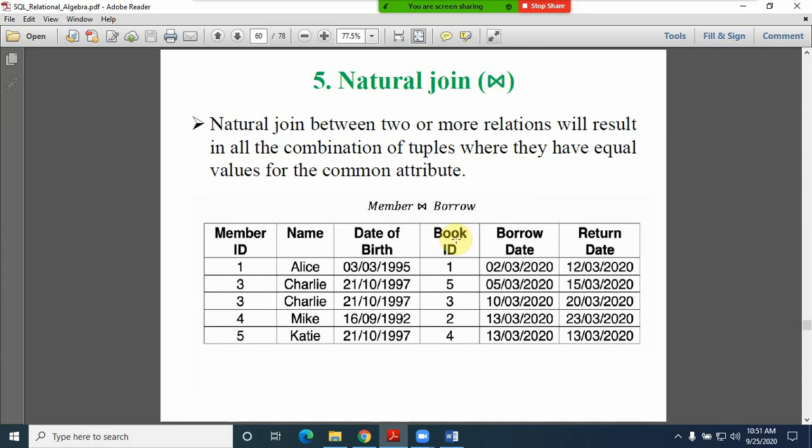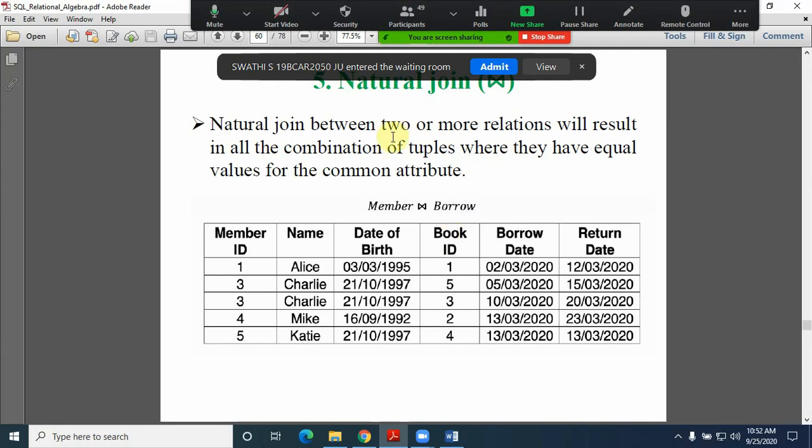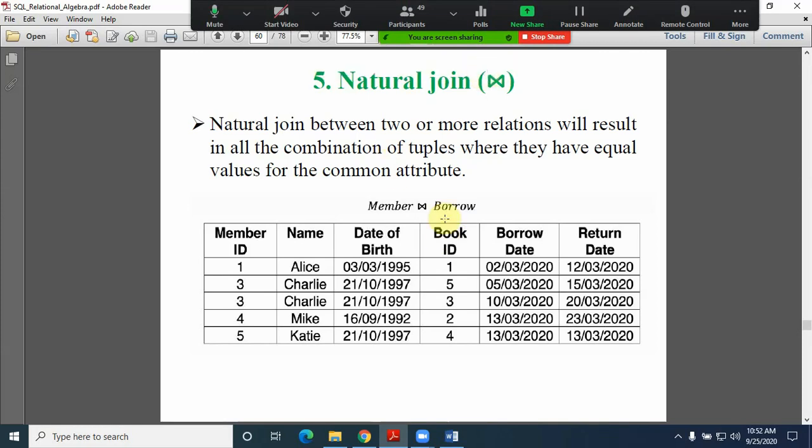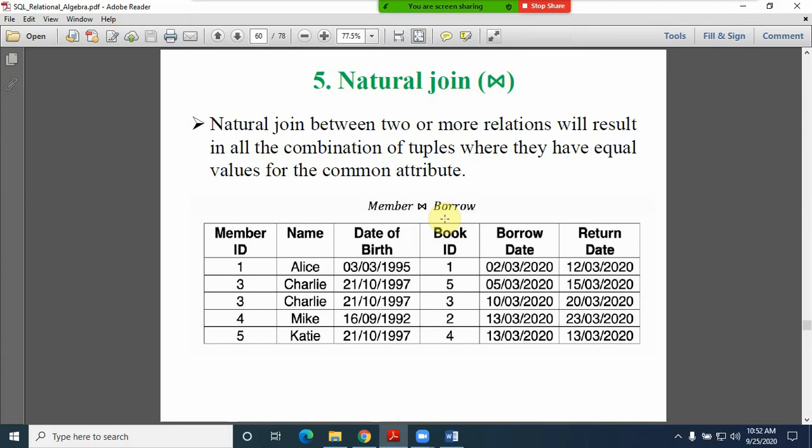Even in today's lab we are going to discuss the implementation of joins, and we have seen in earlier classes the various kinds of joins: inner join, left outer join, right outer join, full outer join, like that we have various kinds of join options. Now at the moment you observe, friends, the natural join is very similar to the inner join, but only a few differences are there.